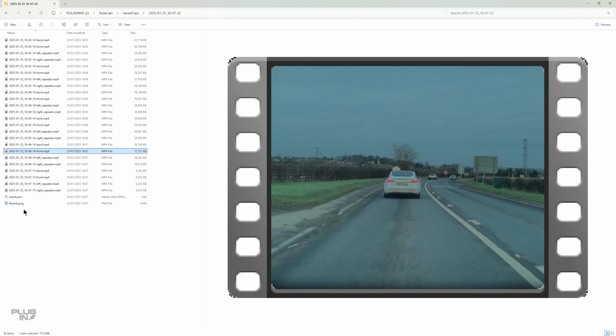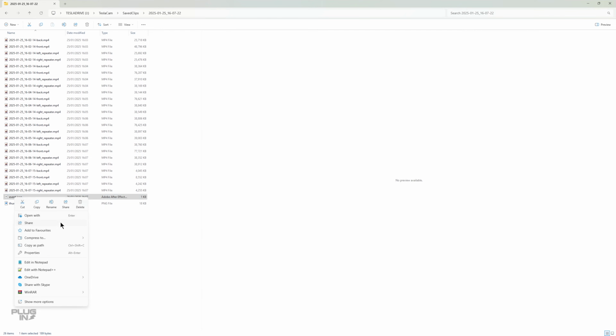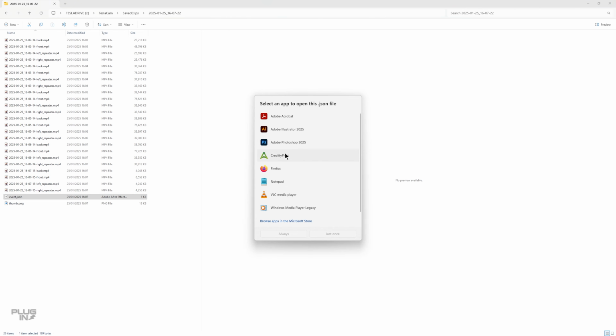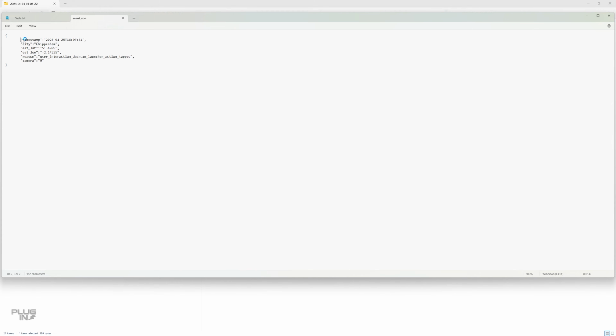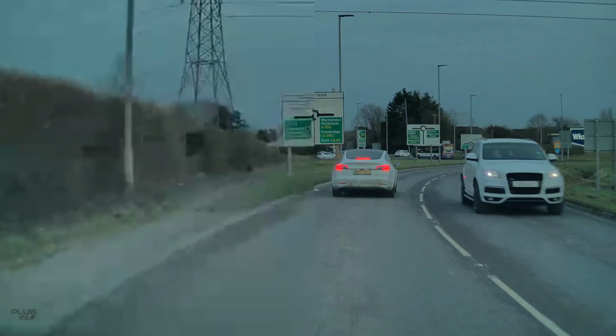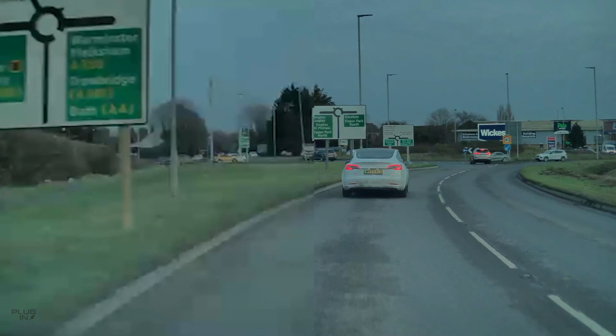In addition to the video files, there's also a thumbnail image and then an event.json or JSON. If we open this up in Notepad, it will include the timestamp of when it recorded, the city it was recorded in, and the latitude and longitude of the video. It will also state the reason the video was recorded, which in this case was me tapping the record button